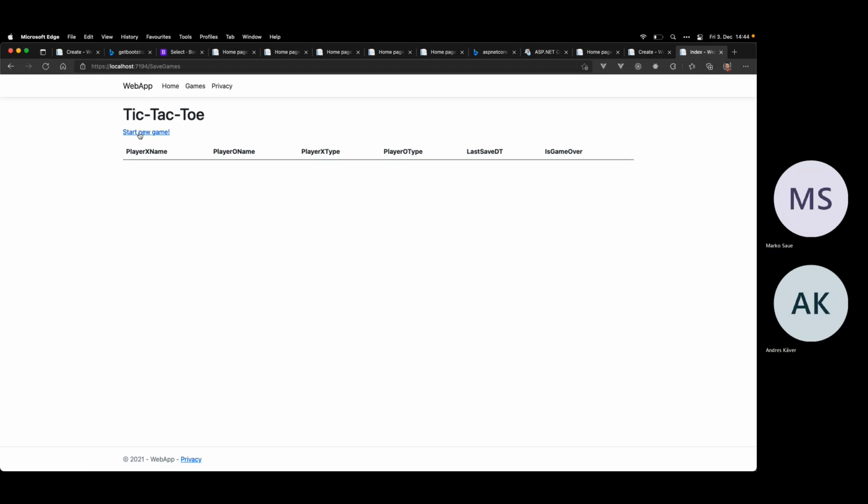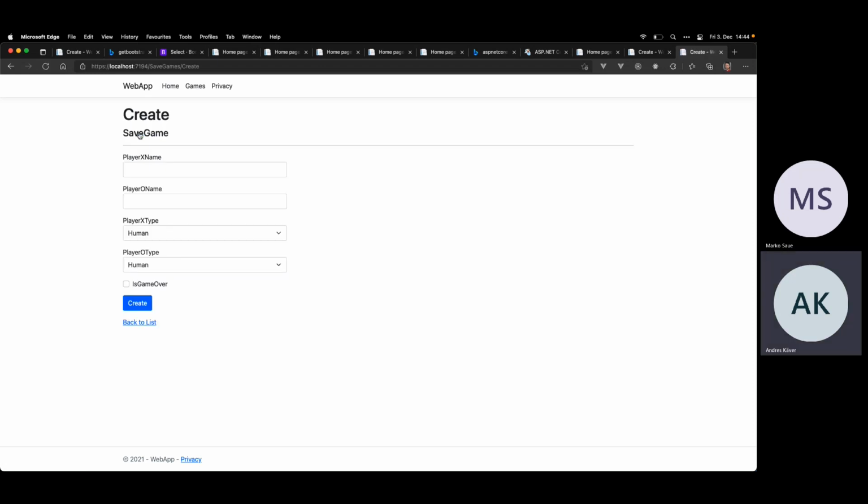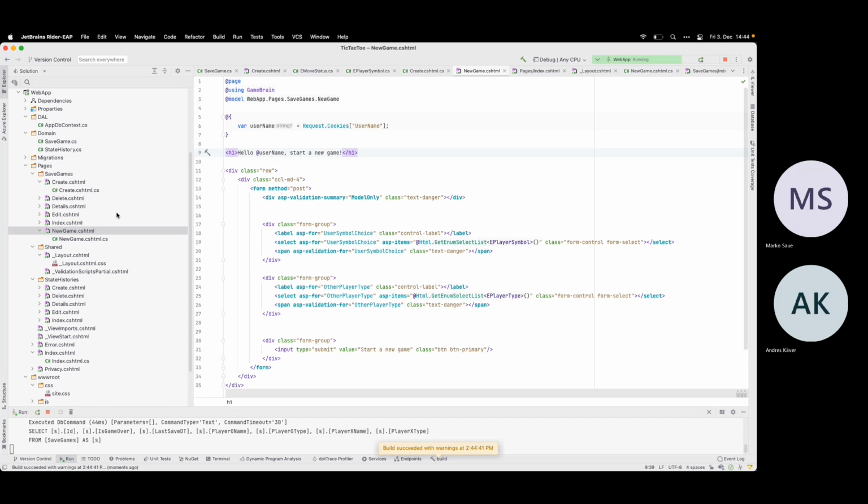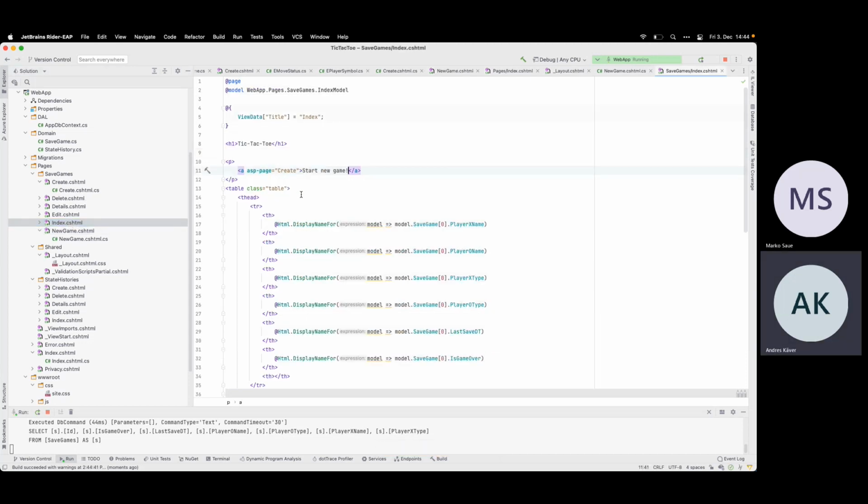Games, start a new game. Oh no, the link is wrong. It's here on the index. It's the new game.